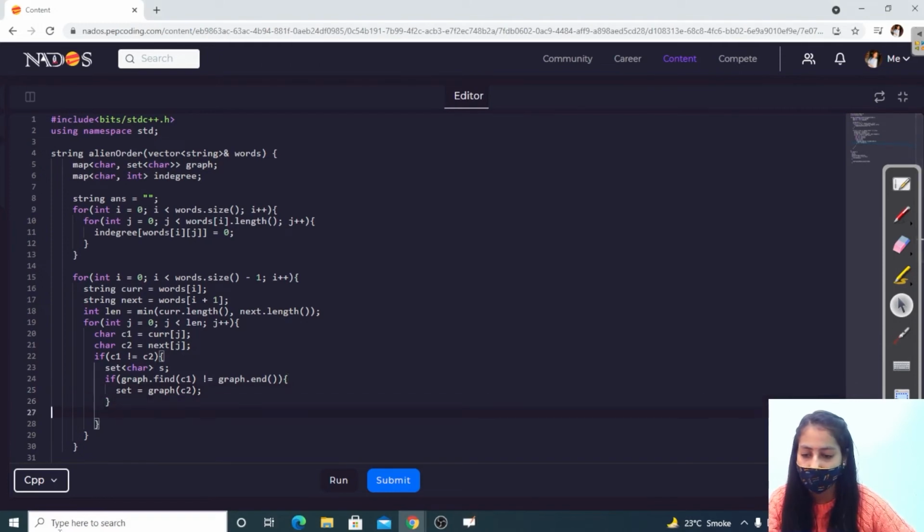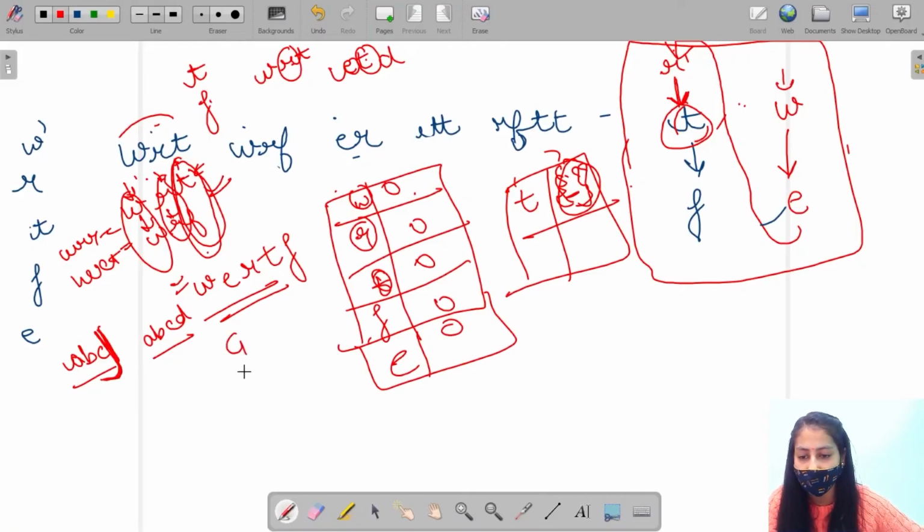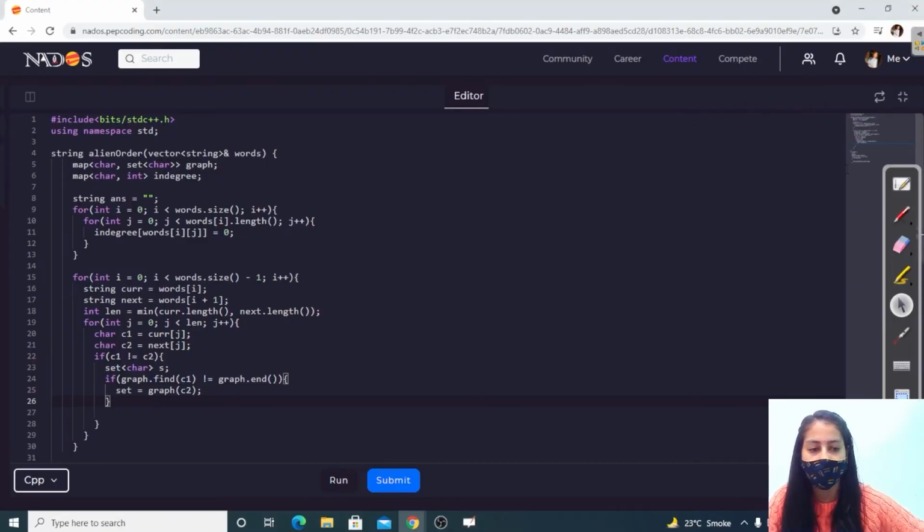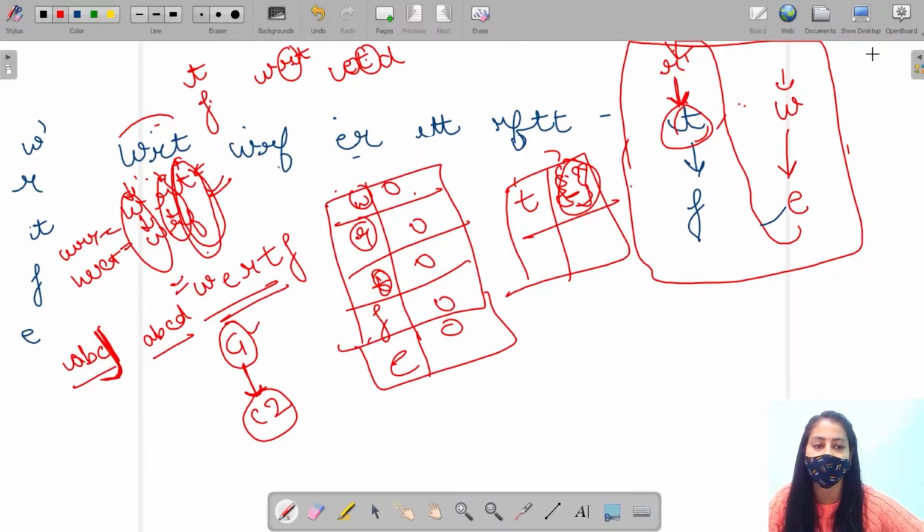Next we have to check if C2 is already present in the graph. For example, we have to add this edge, right? So we check that if C1 is, or it is also possible that C2 is already present in the graph. So if C2 is already present, then we have to do nothing because C2 is already present.